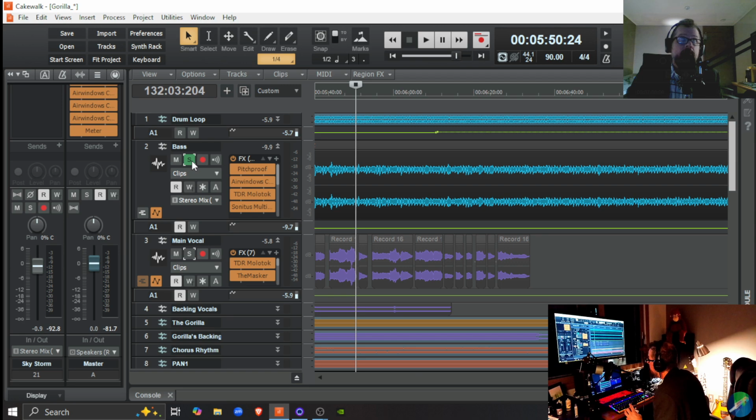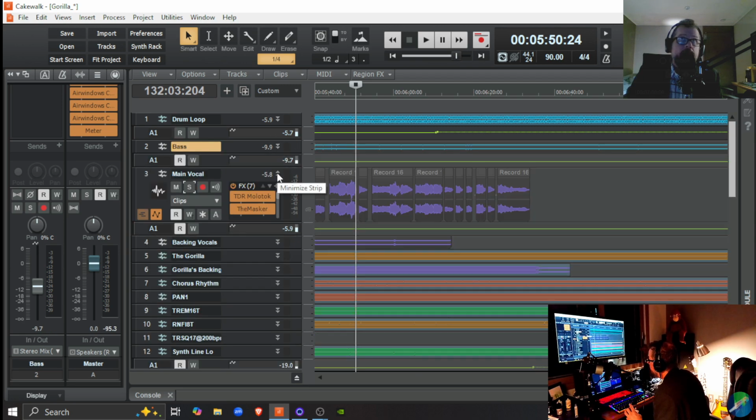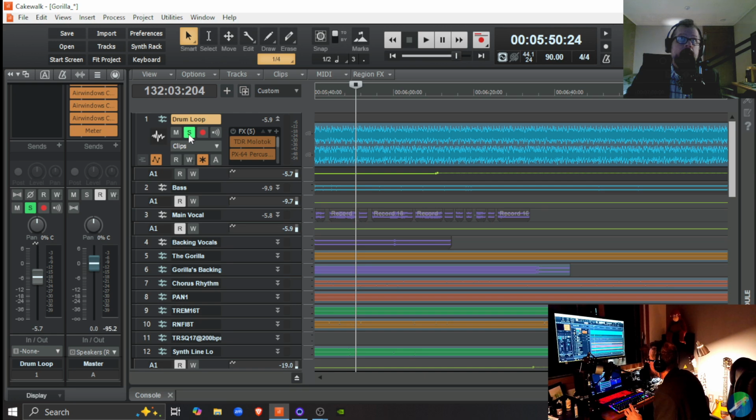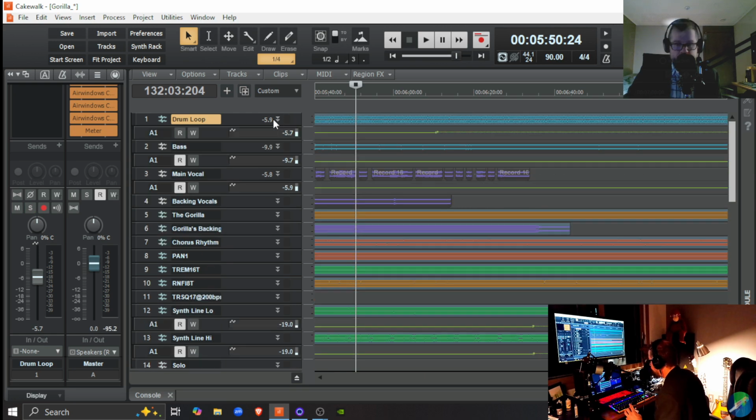Main vocal, bass, drum loop. It's also very important that this bass part cut through that wall of sound. That bass part must always be cutting through.